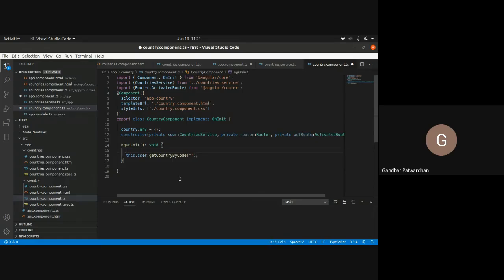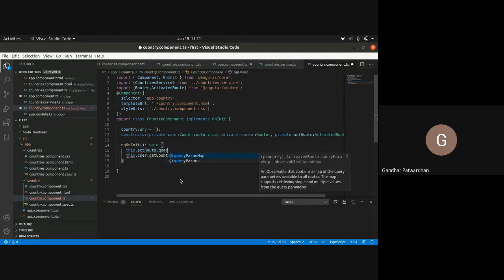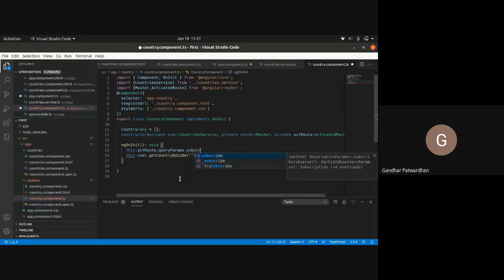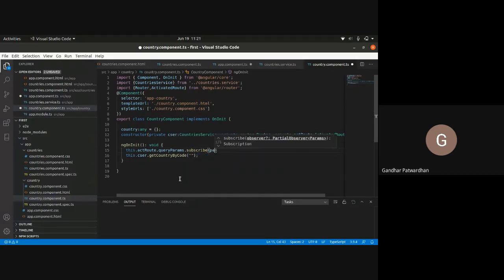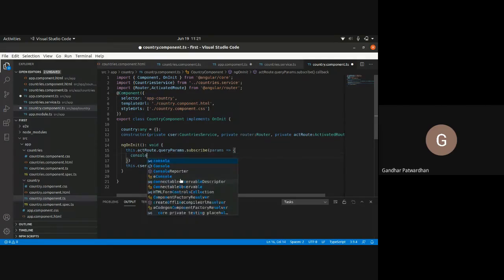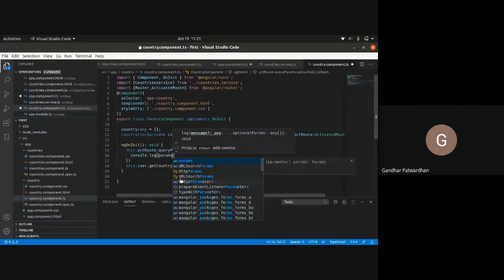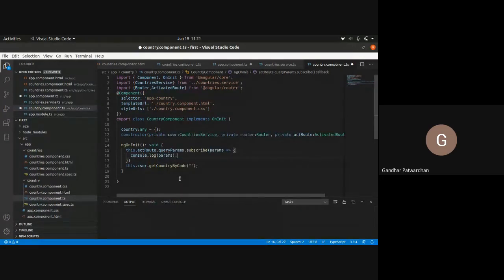I would say this.actRoute.queryParams.subscribe, and I'll use a callback function whose parameter is params, and I'll simply initially say console.log params. That's what I would say. Now let's see what happens.